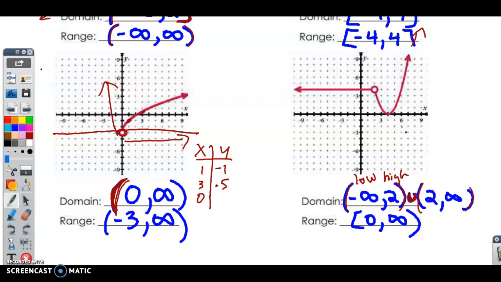Okay. Range. The lowest value is 0, including 0, because look at that point. It's on our graph. And we can really just use these values right here. All those values are included. Now, yes, there is a hole, but at that y value, there is a point, and it's right there on our graph. So that y value is at 4, and there is a point on our graph that has a y value of 4. So that's why it goes from 0, including 0, up to